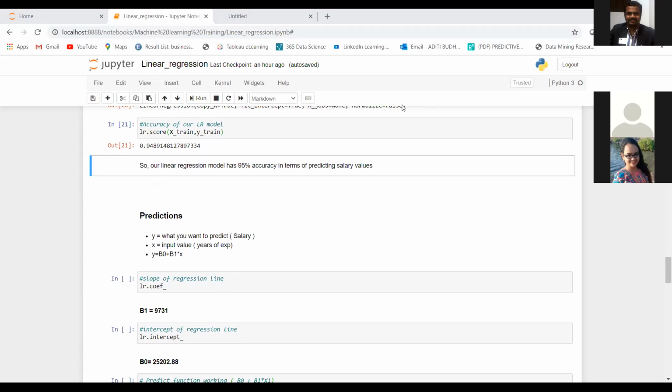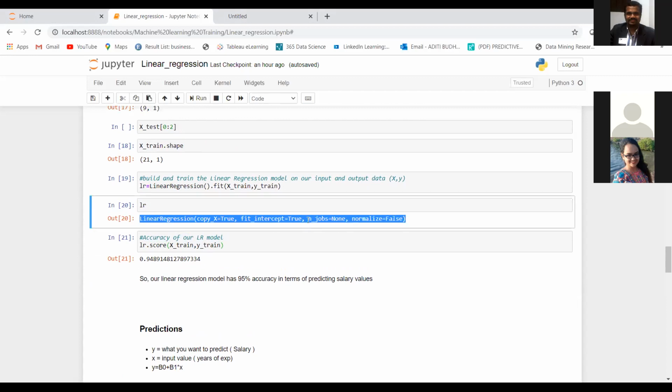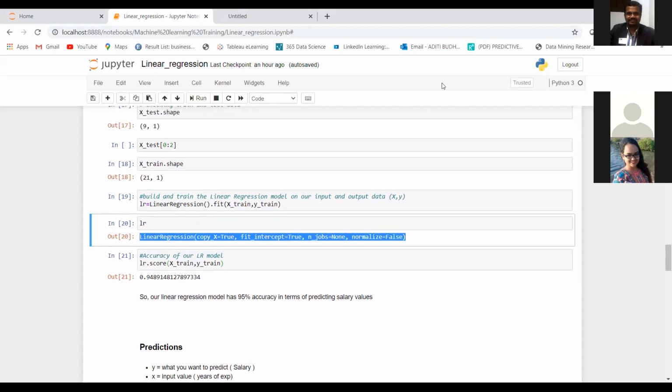Okay, so there's one question. When I run LR, it just shows linear regression. Yeah, so did you get output like this? What I got over here, Jennifer ma'am?